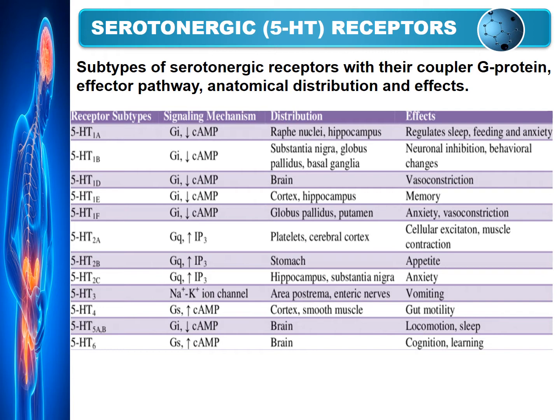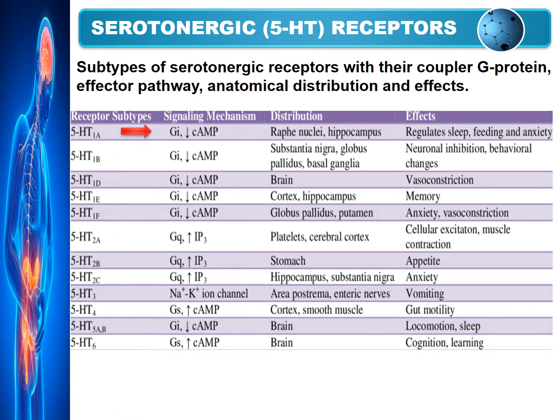To understand all these systematically, please focus on this table. The first family of serotonergic receptor is the 5-HT1 receptors, and it has 5 subtypes. Let us discuss its first subtype, that is the